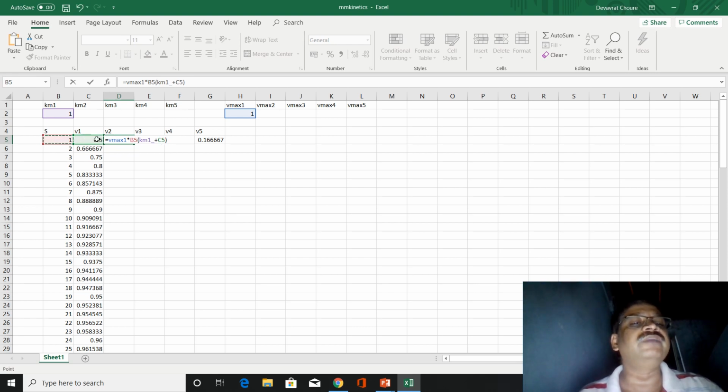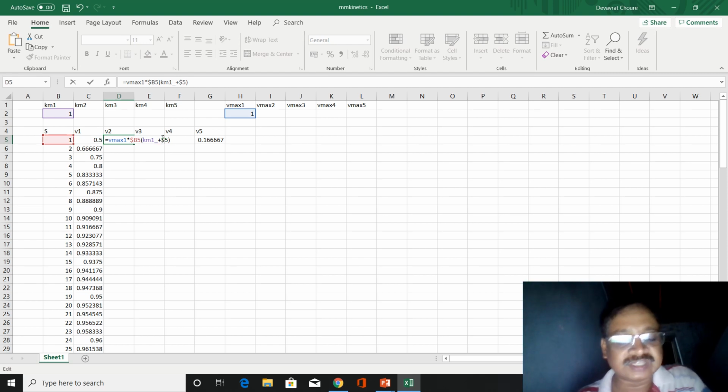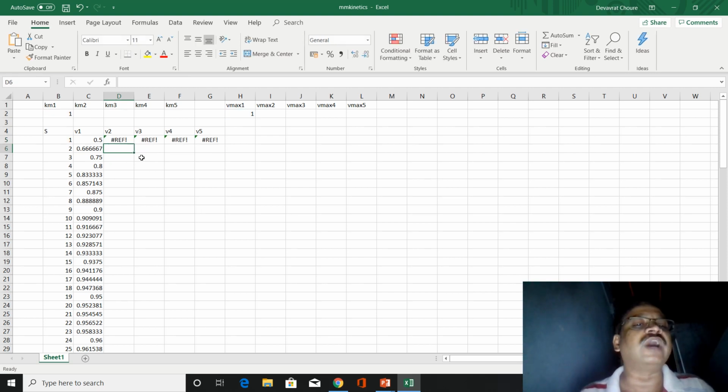Now here I will give it B5, but before this I will keep a $ sign, and here also I will write B5 but with the $ sign in front of B. This B dollar signifies that B will become constant. It will not change as I go on dragging the formula, and there it is showing that it's a reference scalar B5.